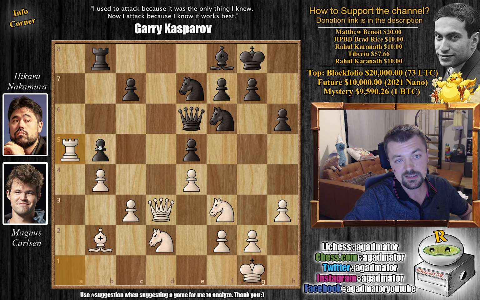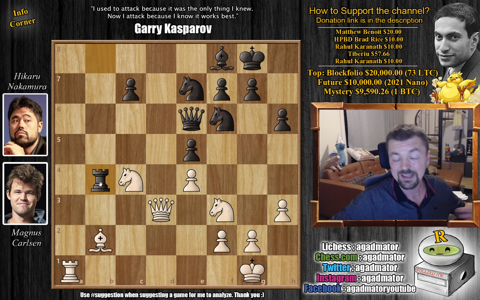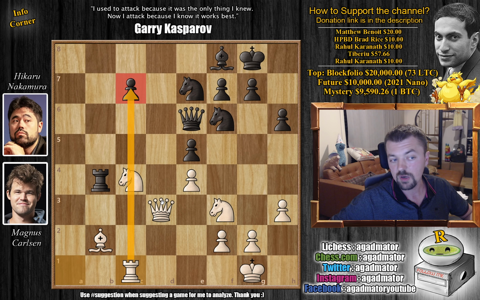It's a very interesting idea, because here Hikaru does have a very special move, but I'm just gonna show you what happens if you try c4 now. c4 again is possible here, but then you just play b captures on c4, knight captures, and rook captures. So black wins a pawn in this line, but after rook to c1,